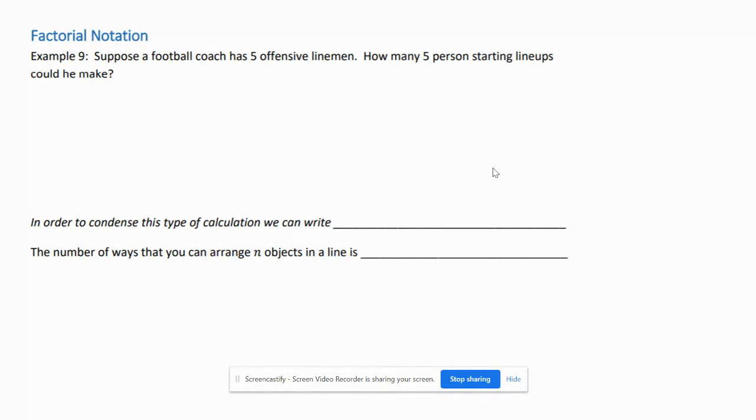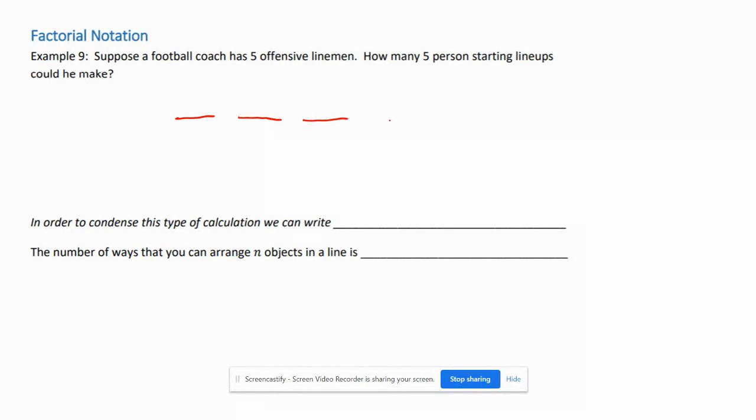So, example 9 says, suppose a football coach has 5 offensive linemen. How many 5-person starting lineups could he make? Okay, so we did questions like this. Now, it doesn't matter if you don't know anything about football, it's okay, but the order of the players does matter. So the player on the left is different than the player on the right and stuff like that. So if the order does matter, really what it comes down to is